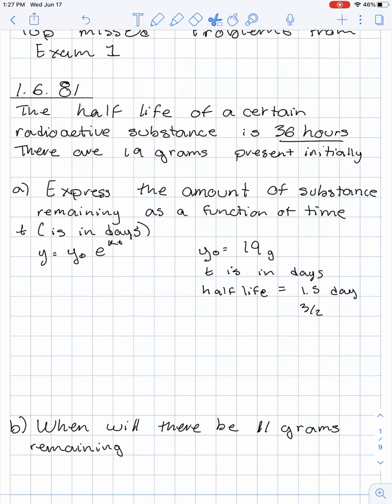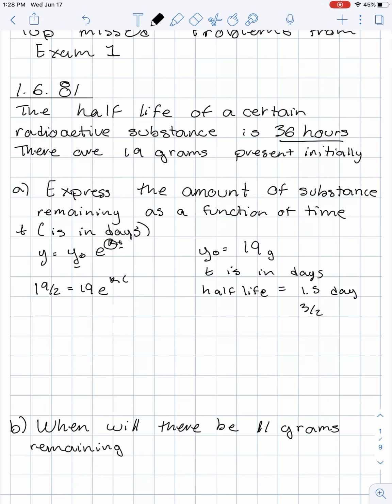Okay, cool. So I have y naught, e is just a number, t is also just an input, so I need to find k. All right, so half-life means that in 36 hours, or 1.5 days, if I started with 19 grams, I'm going to have half of that. So I'm just going to write 19 divided by 2, half of 19, is going to equal 19 e to the k,